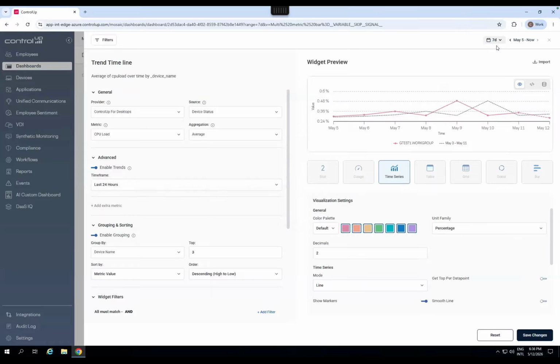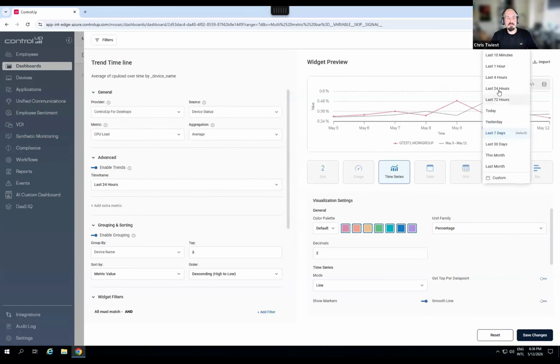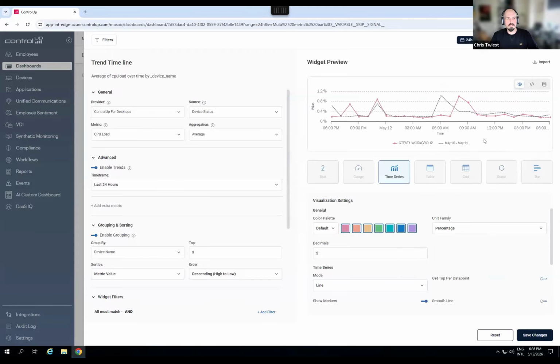Yeah, and by the way, it still responds to the date time picker. So if I set it to 24 hours, we'll get, well, the last 24 hours. So that was yesterday and today. And the trend will be yesterday and the day before. So the 10th and the 11th, while the line is the 11th and the 12th. If we do today, the trend will be, yeah, also the 10th, 11th, or yesterday.